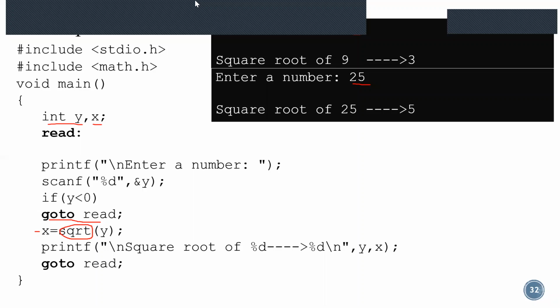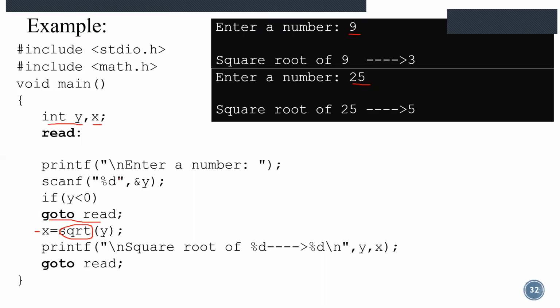Yes, do the same thing for the odd and even program. Instead of this, you can use the odd and even program and see how it is working, and give one exit condition also. For odd and even, if you want to give an exit condition, same thing, if y equal to 0, then exit, like that. If you want to give, you can give. Is it clear?